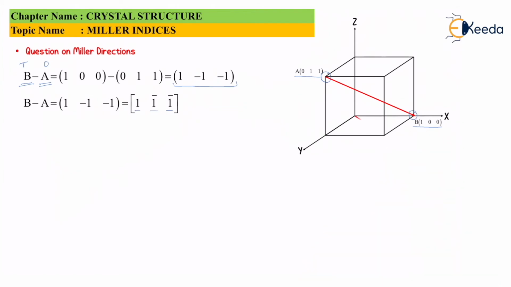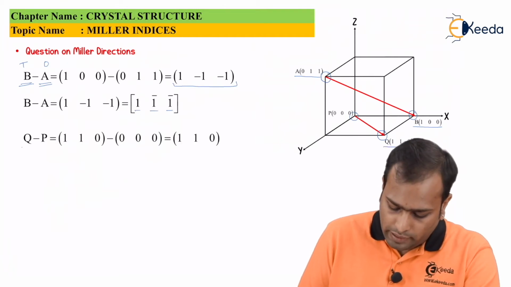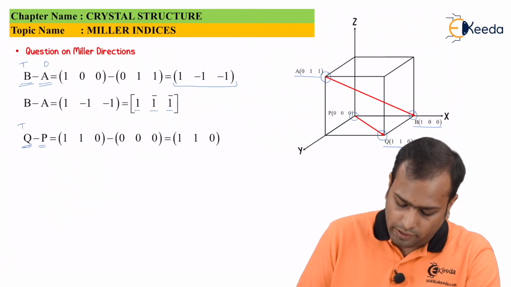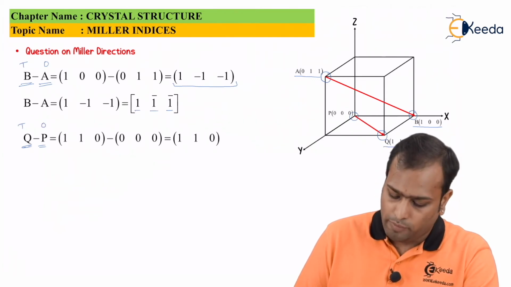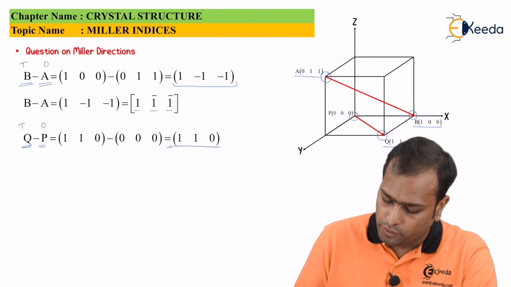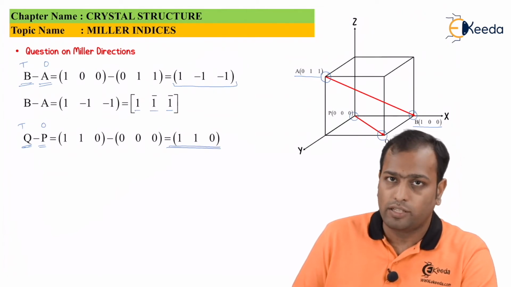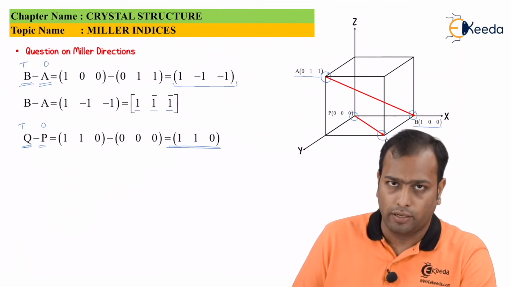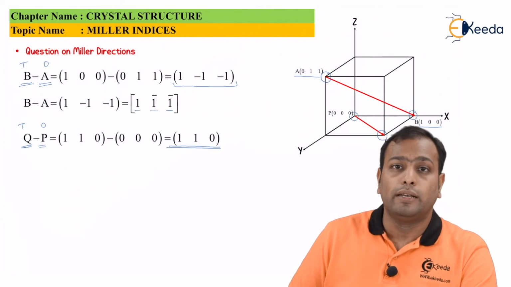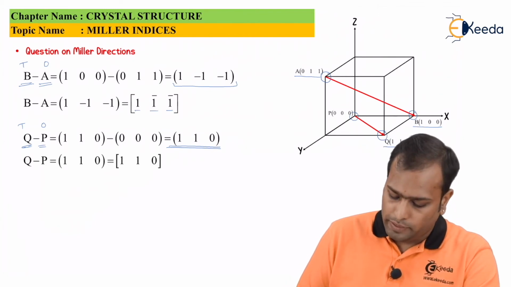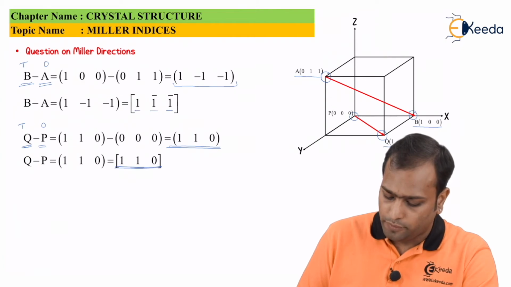Taking the next question, we have this vector. Of course, as you can see, this is the origin, this is the termination. Origin is represented as point P, which is 0, 0, 0, and termination is point Q, which is 1, 1, 0. Now, again, Q minus P, as you can see, Q is your termination and P is your origin. You will subtract this, 1, 1, 0 minus 0, 0, 0, you will get 1, 1, 0. Now, again, these values are rationalized, so we do not need to rationalize this further. Why? Because these can be plotted in a unit cell. So, Q minus P is 1, 1, 0.